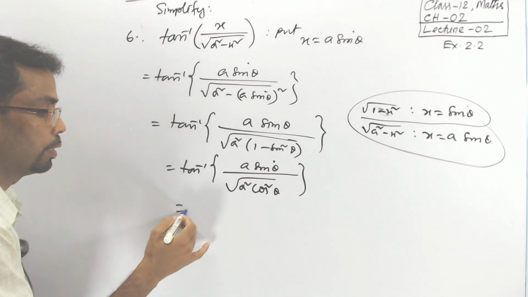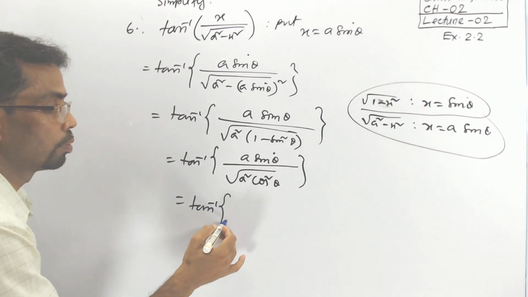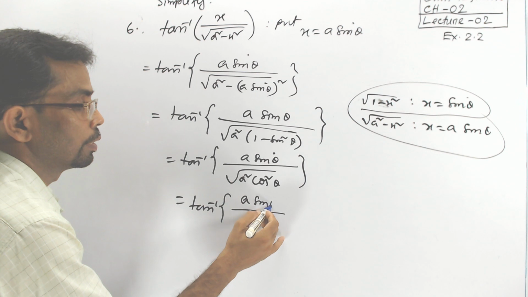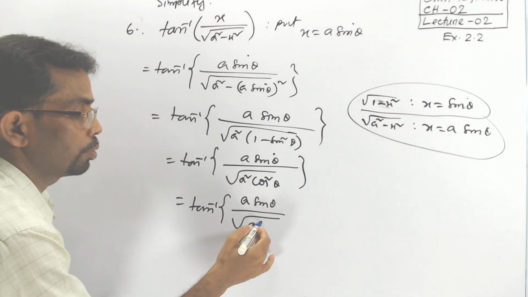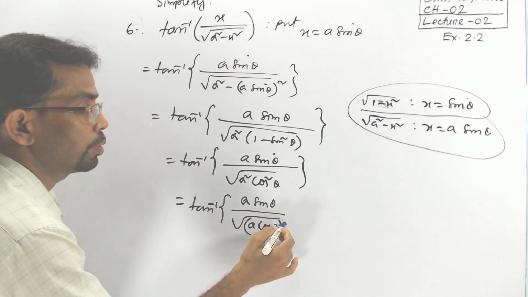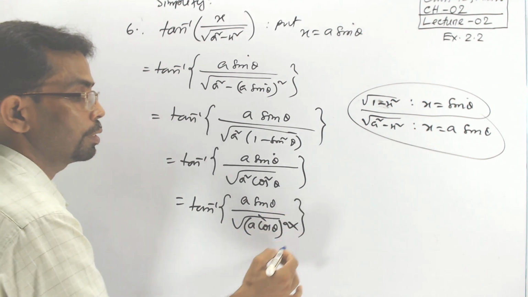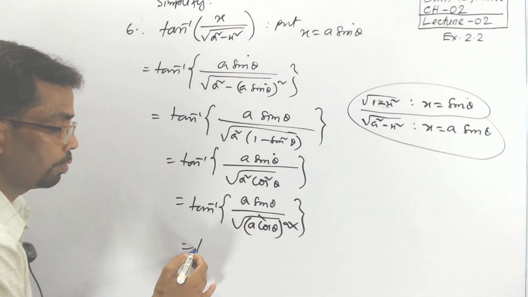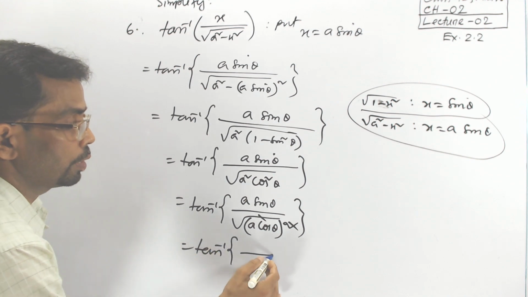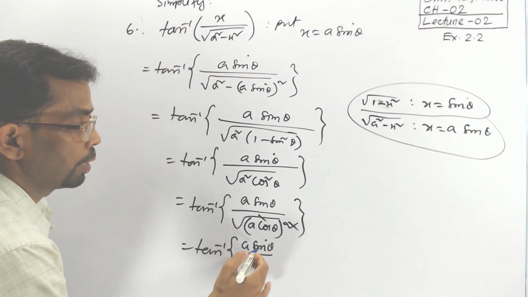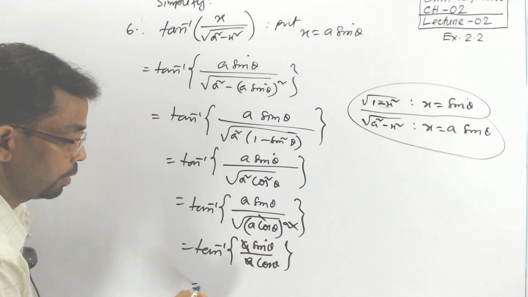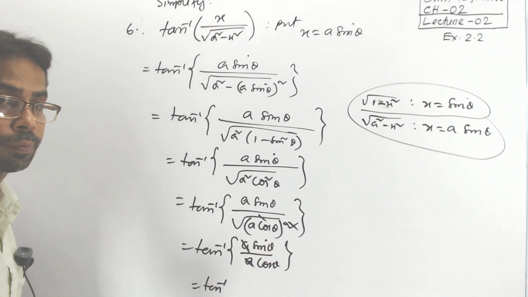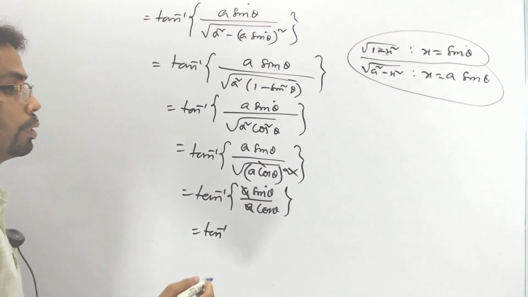Then you can write like this, a sin theta, and a is having square, cos also is having square, so you can make it a cos theta whole thing square, and then square and root can be cancelled, and it is finally remaining a sin theta by a cos theta. Then a also gets cancelled, remaining tan inverse